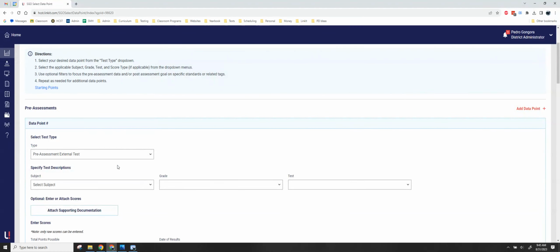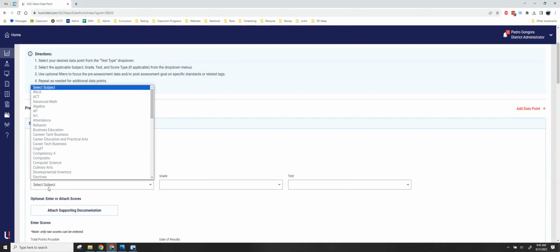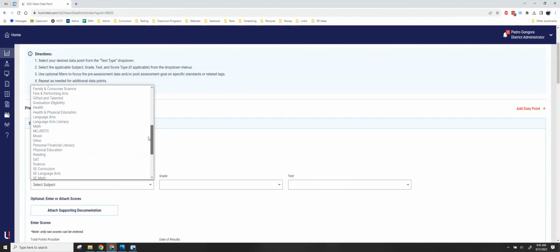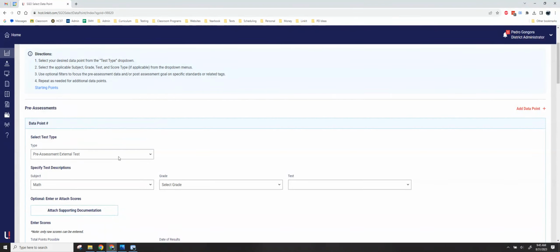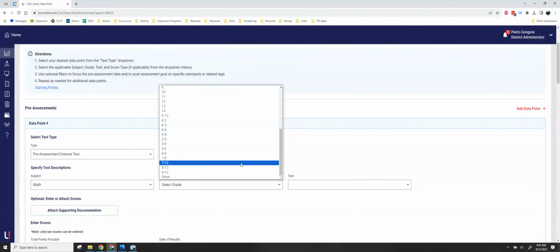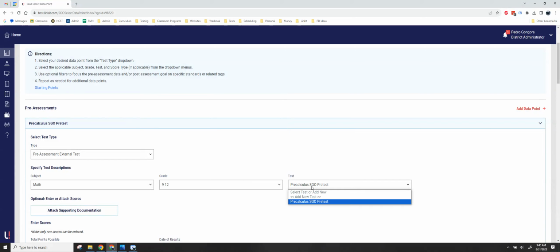So let me start with the external test, because if you click the benchmark, we haven't actually done the benchmarks yet. Okay? So select the subject that you are in. I will just select math. Grade. What grade is this SGO for? I believe that I selected 9th and 10th graders. That's not really an option here, so I'll just put 9 through 12. And then do not pick